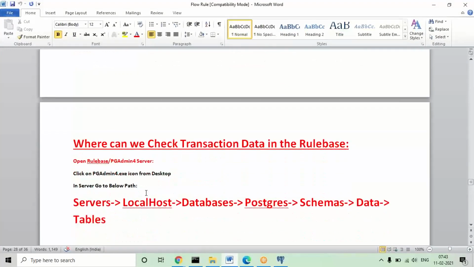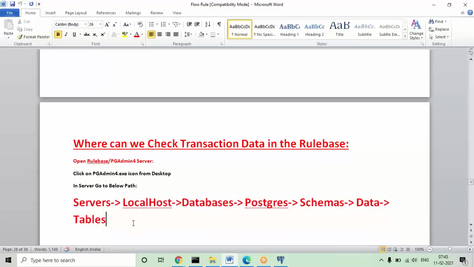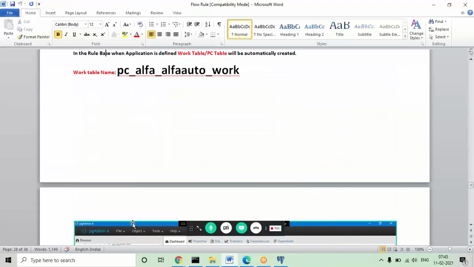First, in order to go there, I have given all the steps in the document. Go to Servers, localhost, and expand your database. You can see Postgres. Go to schemas, data, and expand the tables. If you give the same name for the organization and application name, this table will be there. What PX, PC and all are, I'll discuss later.